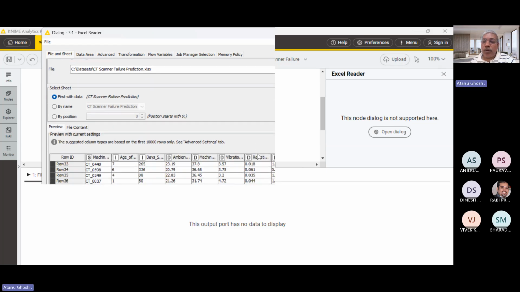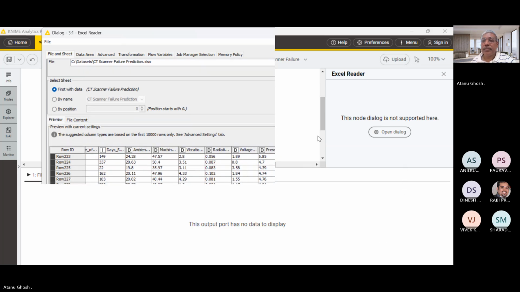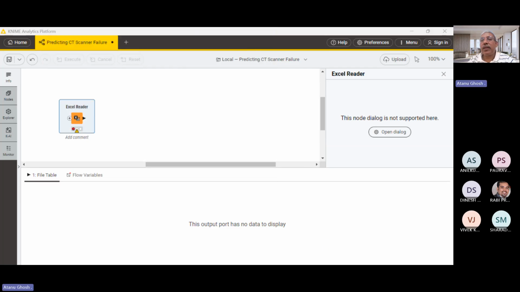Okay. So do you remember any transformation that we need to do with this data? Anybody? Any transformation that is required before we can proceed? No? So two things. First of all, the outcome of our decision tree has to be a categorical value.